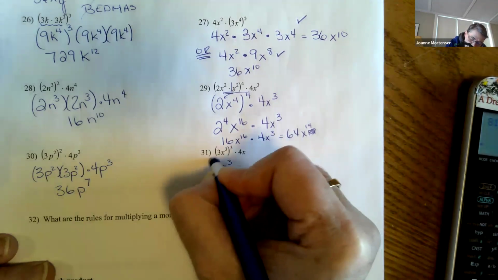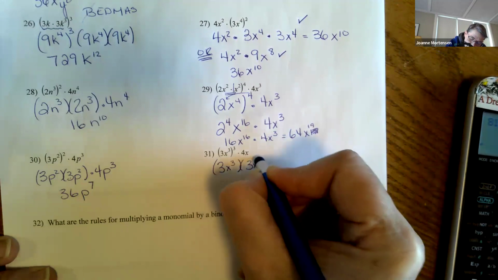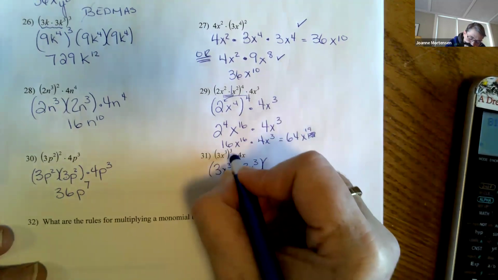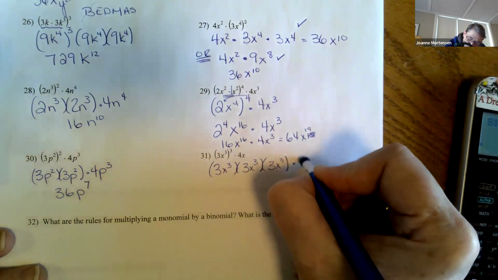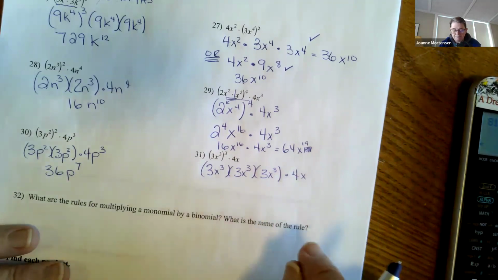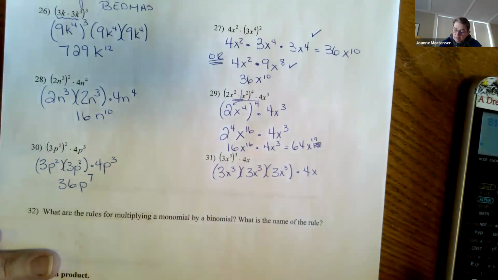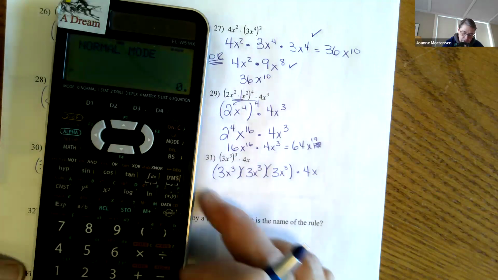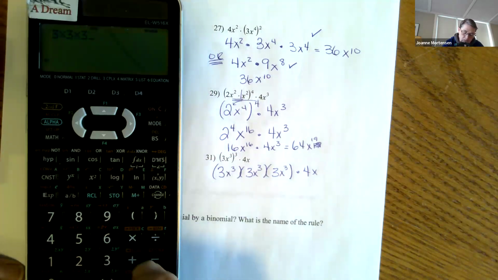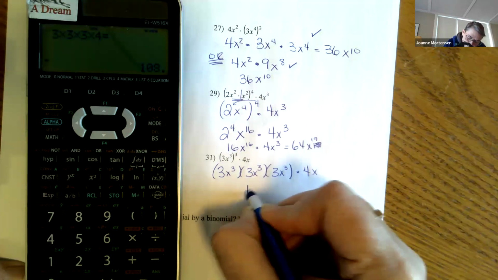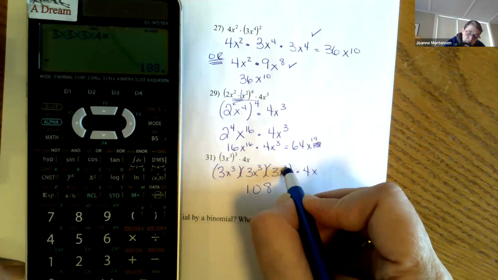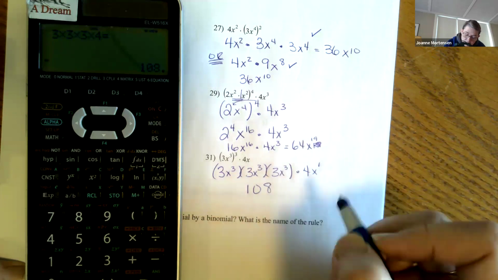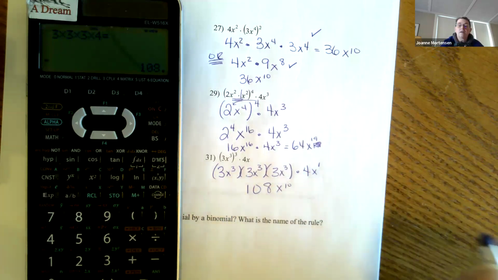3x to the third. That's 3x to the third. How many times? Hey, 3. 3x to the third times 4x. That could have been brackets there. Sorry. Okay. 3 times 3 times 3 times 4, 108. 3 plus 3 is 6, plus 3 more is 9, and 1 more is 10. All right, so